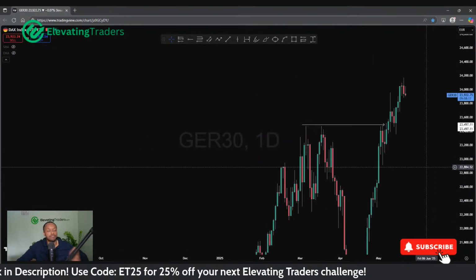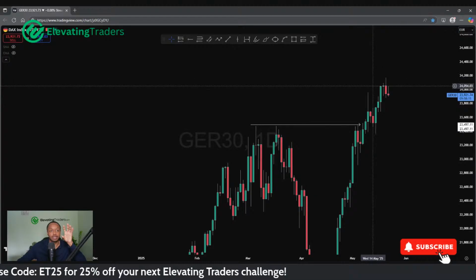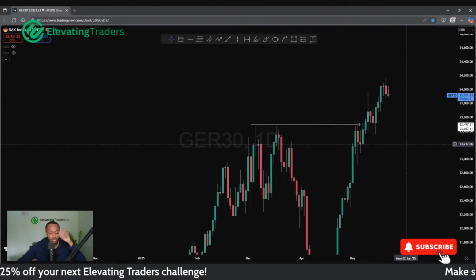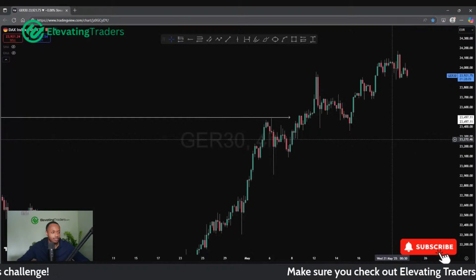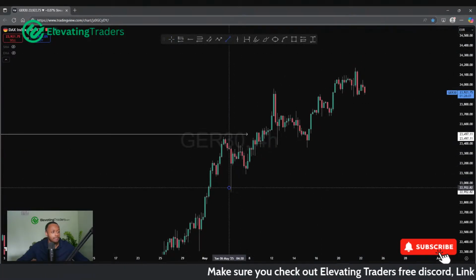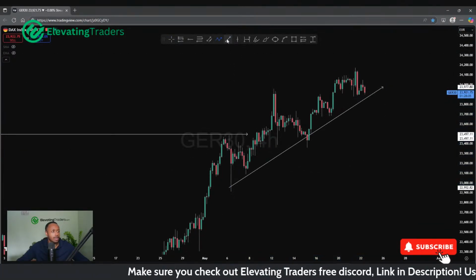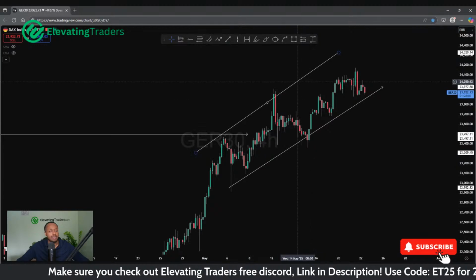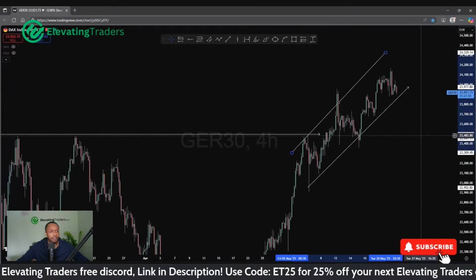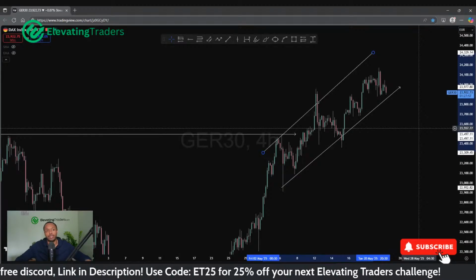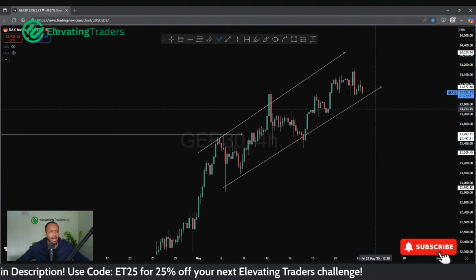But yeah, so with the DAX, I do think we are running out of juice and we could see some downside here. Looking at the price action on the lower time frames, it's very corrective now. Seeing this ascending channel here, that to me screams retracement pretty soon. And judging what we've seen with some of the other indices as well, I do think the DAX can go through a bit of a sell.